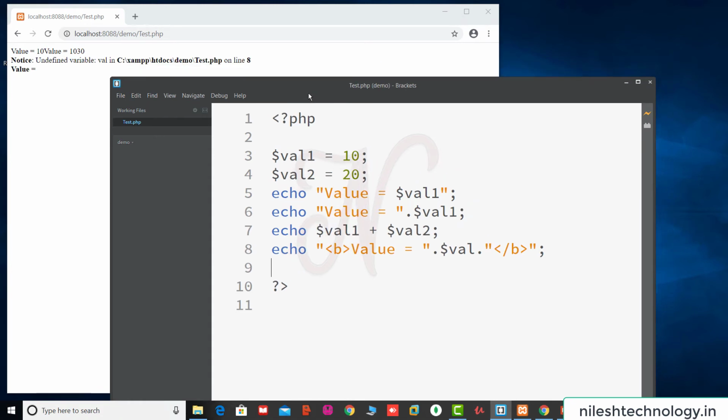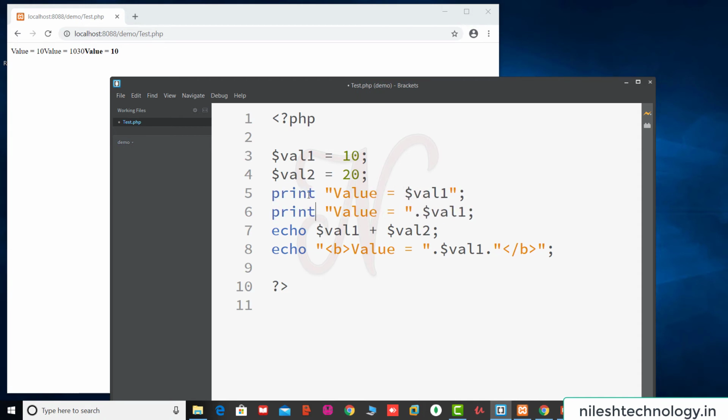See, there is an error at line number 8. This is value1 or value2. So save these changes, value equal to 10 is in bold. So use all these statements with print. See here, print, again print, print, and print. Save with Control S. See, all of these statements work smoothly.